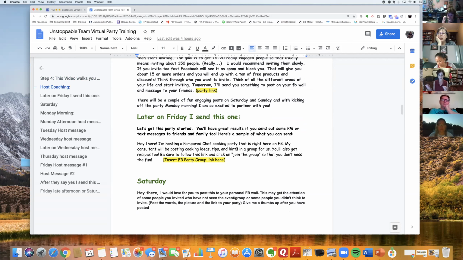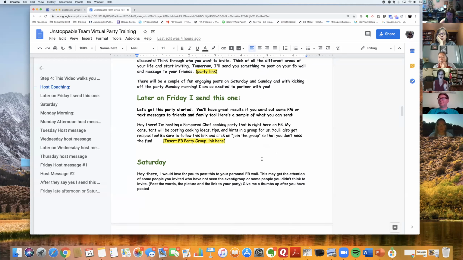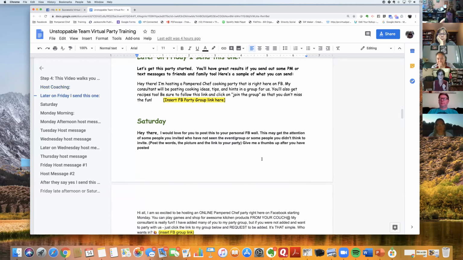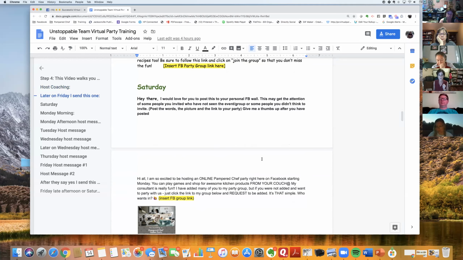It'll make sense when you read it. Yeah, it'll really make sense when you read it. So if it's green, it's a note to you as a consultant. If it's in bold, it's for your host, but she'll understand. You'll understand when you read it what your host is supposed to post. One thing you'll notice as you're reading through these, and I do encourage you to read through each one,